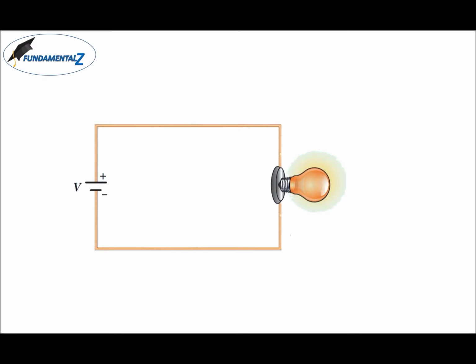So how is this lighting up process taking place? Why does it light up? It lights up because electricity is flowing through it. So that electricity is making the bulb glow. In general, we know that current flows from a higher potential to a lower potential. So in this battery, what is the higher potential? The positive node is the higher potential. What is the lower potential? The negative node is the lower potential. That means here the direction of flow of current is from the positive node to the negative node.